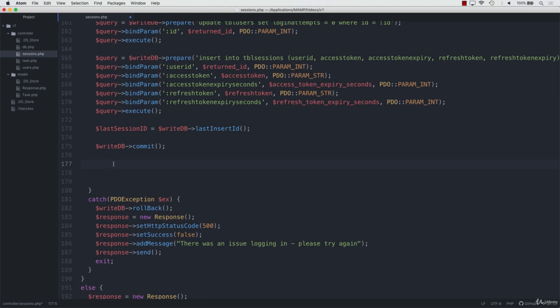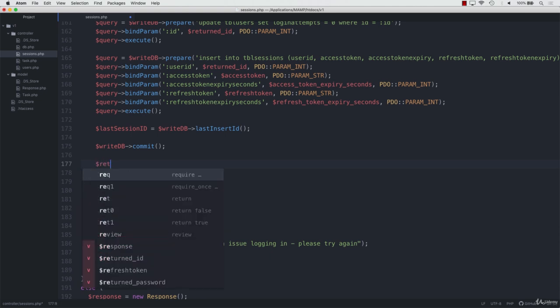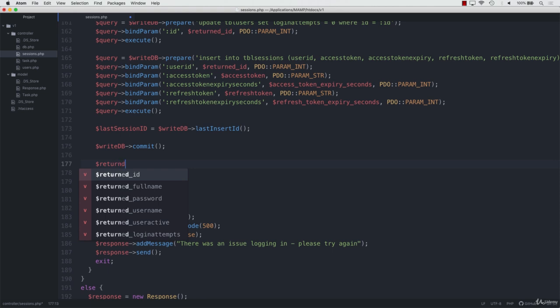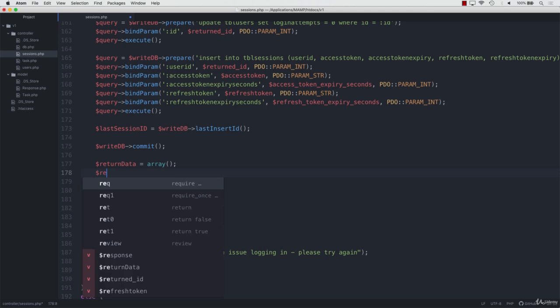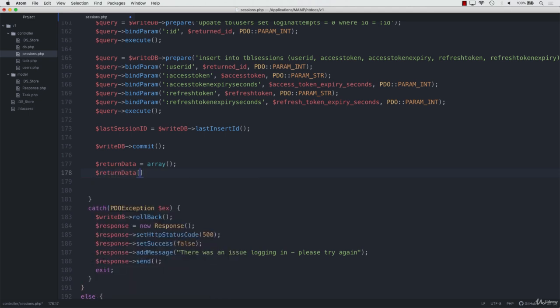So the way we do that, we've done this many times before. We'll create some return data. Return data, create an array, and then return data, and then the first one will be